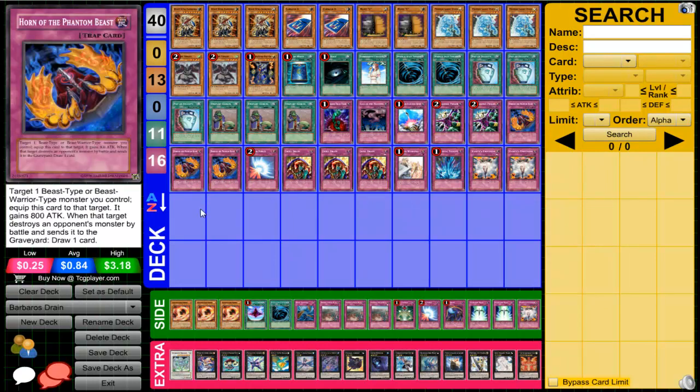It's a normal trap card which equips to a monster, so it stays on the field as long as it's equipped. It gives the monster 800 extra attack, which is already nice. It once again can be used in a damage step to gain the edge. And also, when the target of this card, so let's say Reborn Tengu, destroys an opponent's monster by battle and sends it to the graveyard,